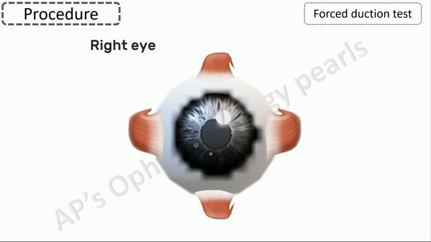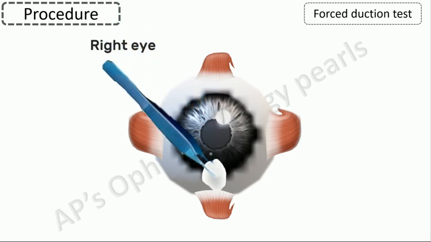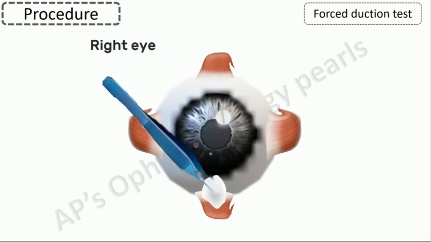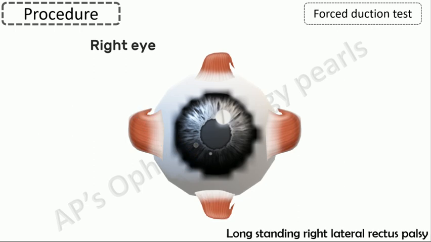Topical anesthesia may be used in adults and cooperative children above 7 to 8 years of age. It may be augmented by placing of cotton pledgets soaked with anesthetic in the area to be grasped. Topical phenylephrine may also be instilled to shrink the conjunctival vessels. In younger children, a general anesthetic is required.